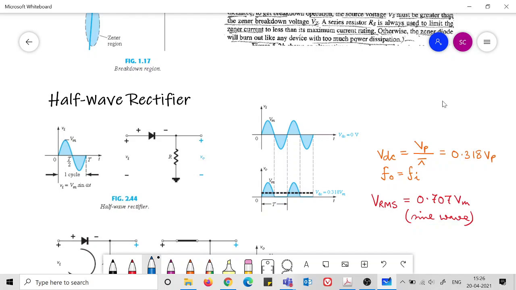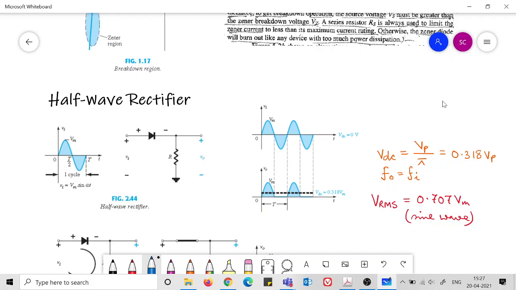So on the input side, if you are given that the input source is a 10 volt AC, then by 10 volt AC we mean that the 10 is the RMS value, not the peak to peak value. So we need to know the conversion between RMS and peak value as well. For a full sinusoidal AC signal, please remember that the Vrms is 0.707 Vm or V peak.